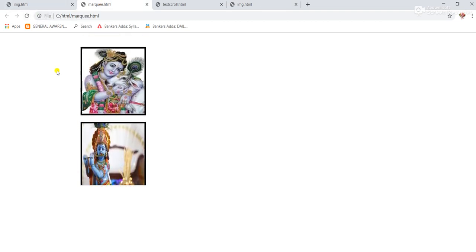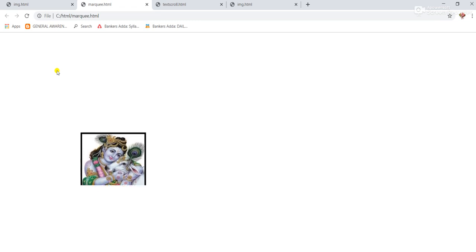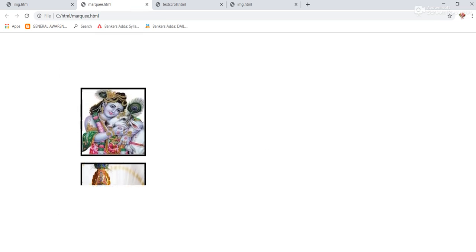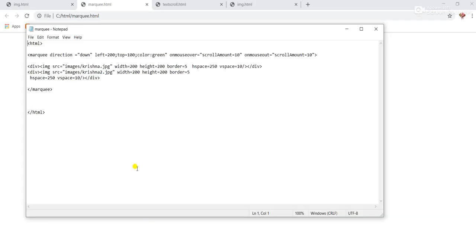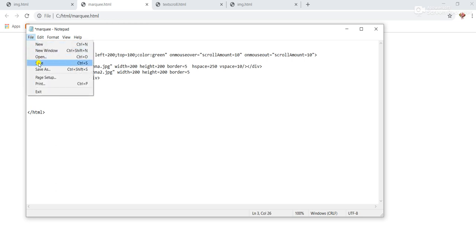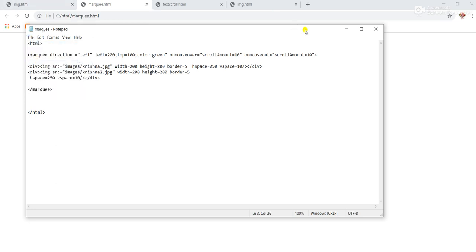So you can see, this is the marquee tag used for scrolling the image. So now you can change the direction. You can give down, you can give left, and you have to save the file and then execute the code.